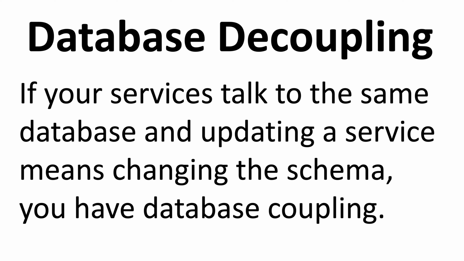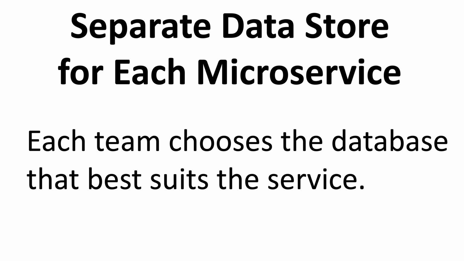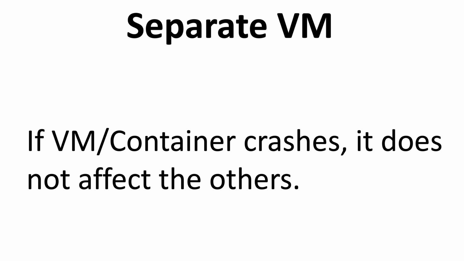Another thing to think about is oftentimes people think, well, we have independent microservices, but we're all writing to the same database, which means that if you update the schema in the database, you could impact everybody else. And so the guidance here is very clear. Keep your microservices independent. Keep the state that you associate with your microservices independent as well. And we could even push this further out to say you want a separate database for every microservice, not only a database, you in fact want a different machine for every microservice.